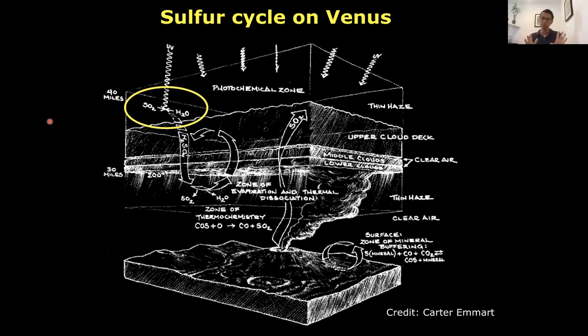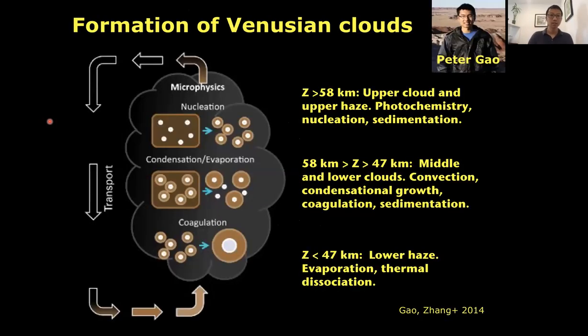This is a very simple picture of the sulfur cycle. People used to use very complicated, what we call microphysical models, to understand the formation of the sulfuric acid cloud. For example, this is from Peter Gao and me. In 2014, we built a model like this,